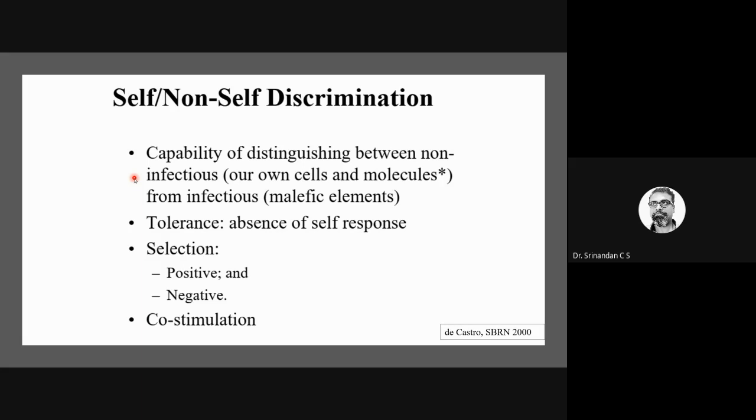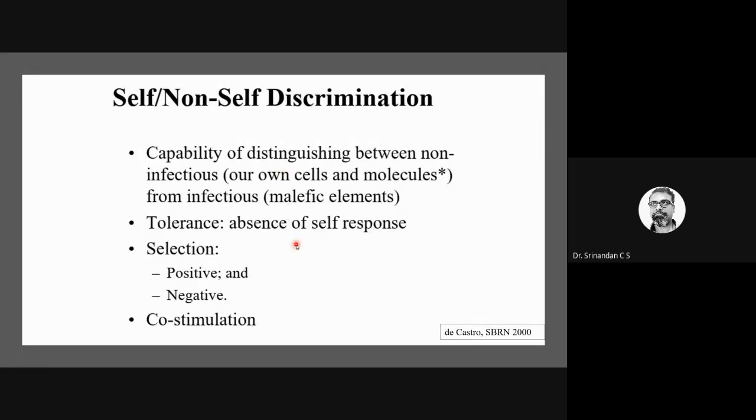So they can discriminate between self and non-self. Okay, how does that occur? By a selection process, like when you saw the theory of natural selection. Naturally, some cells will get selected, that is a positive selection, and also there is a kind of negative selection. Both can occur over here.